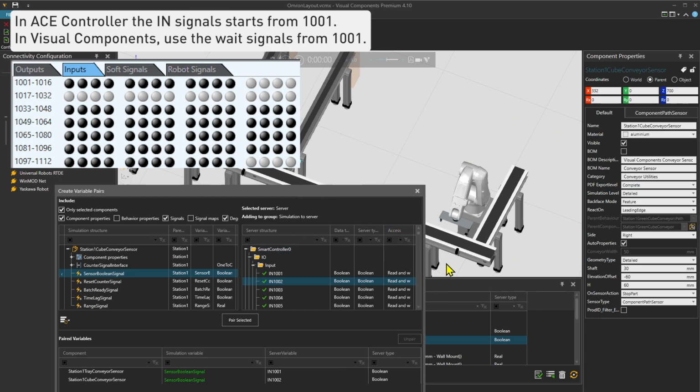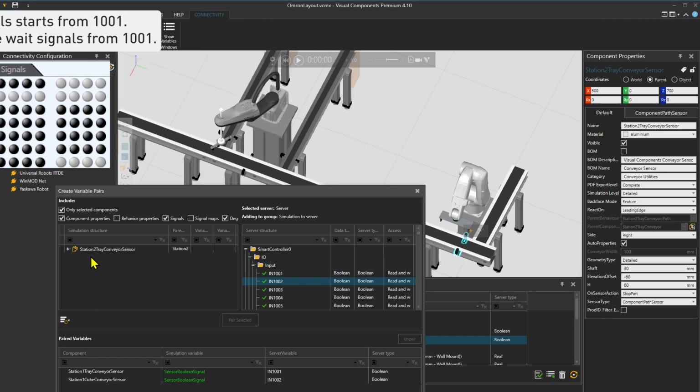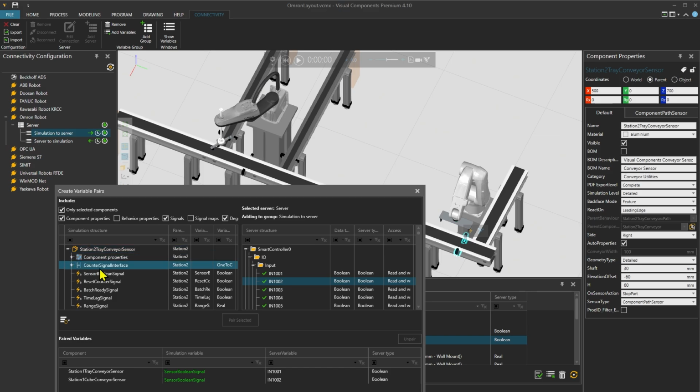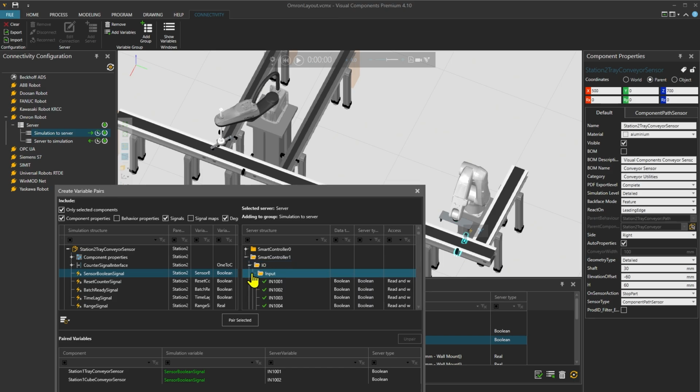To detect the presence of the tray in Station 2, let's select the Station 2 tray conveyor sensor and expanding it, select the sensor Boolean signal. And now we need to map the input to the Smart Controller 1. So then expanding the Smart Controller 1, I/O and input folders, select input 1001 and click Pair Selected.